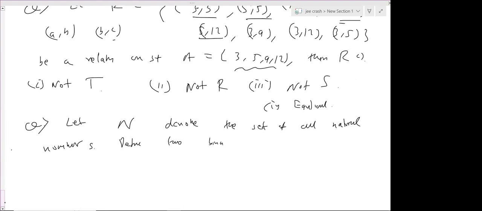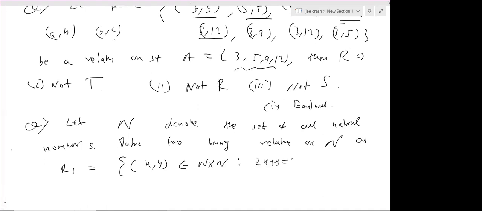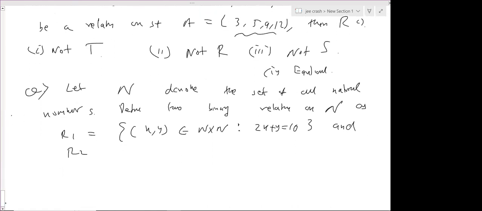Define two binary relations on N as R1 equals {(x, y) belongs to N cross N such that 2x plus y equals 10} and R2 equals {(x, y) belongs to N cross N such that x plus 2y equals 10}. Then